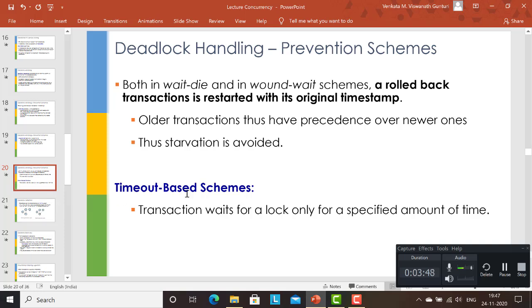And there are some other timeout-based schemes also. These are self-explanatory. I don't have to